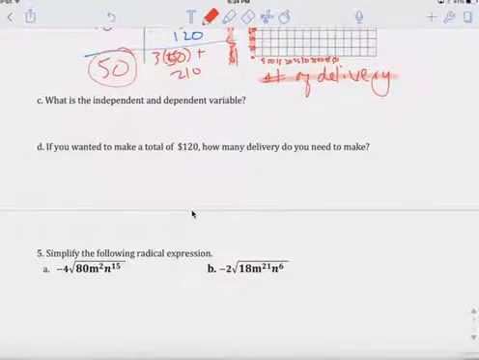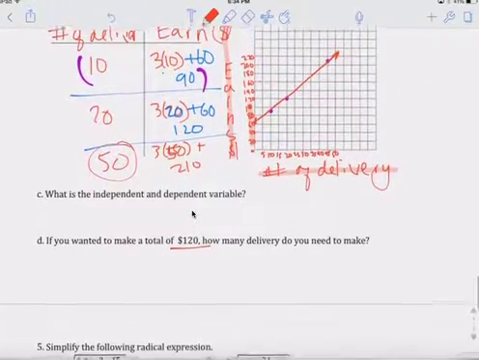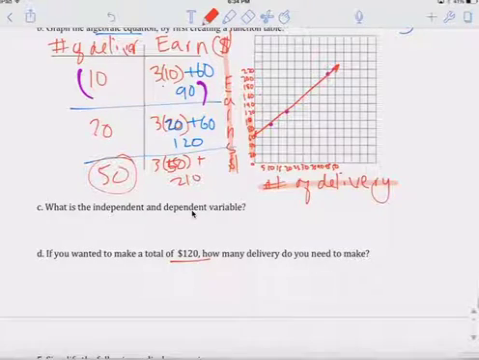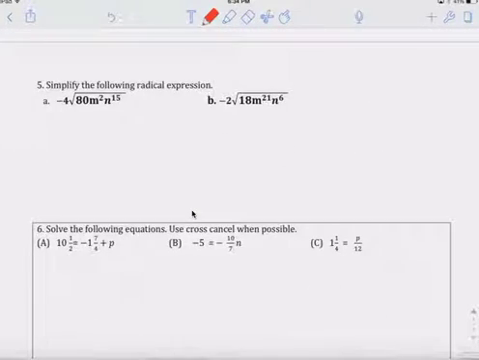If you had $120, how many? Actually, the chart tells you. You can buy 20 pizza and have it delivered. You need to think of tips. Okay, these you should know, but just in case you don't,